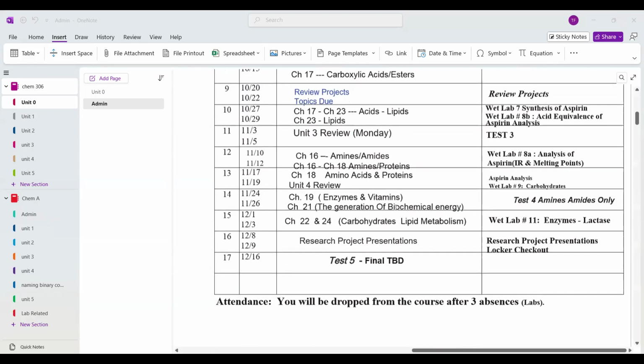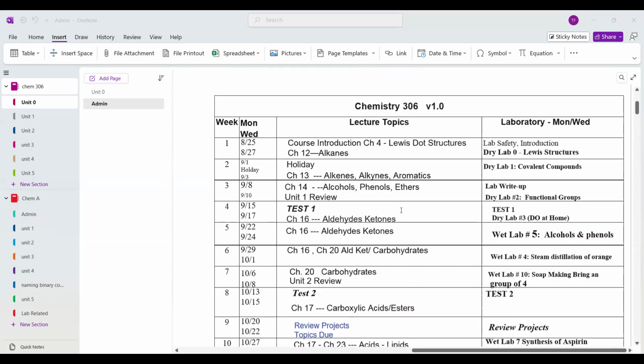Okay, so let's touch on the lab lecture schedule. The interesting thing is we have Monday off. That's part of Labor Day. Now, because the lecture is online, and I don't like giving online tests, all of our tests will be in the lab. So, for example, the week of September 15th will be your first test.